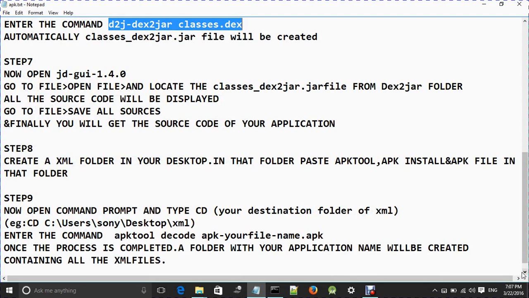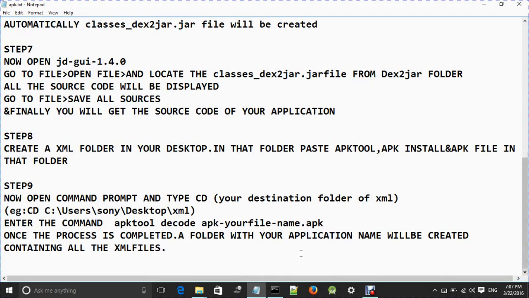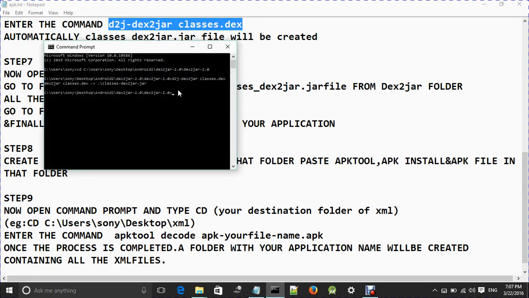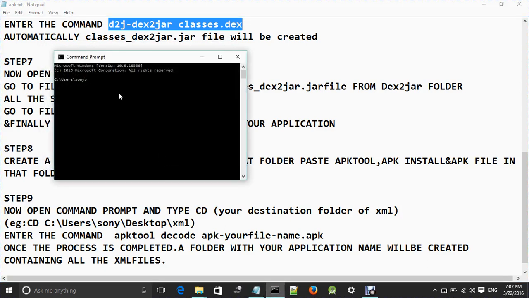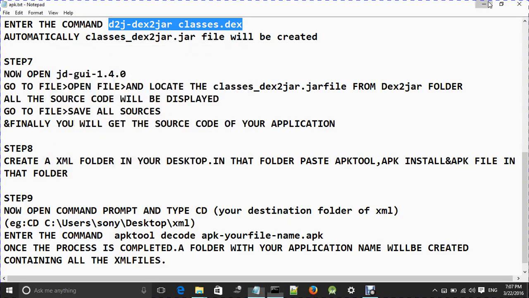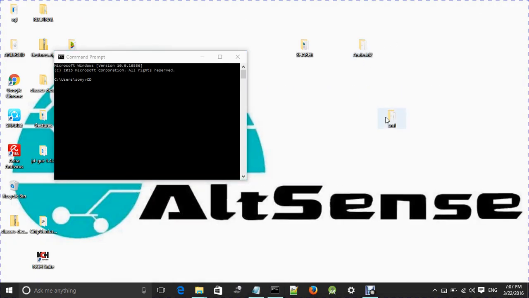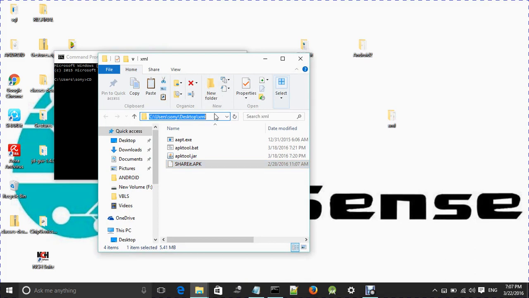After finishing these things, now open command prompt and type cd, change directory, space, and your file path name of this XML folder.